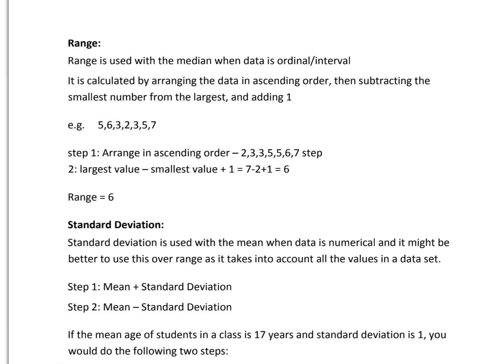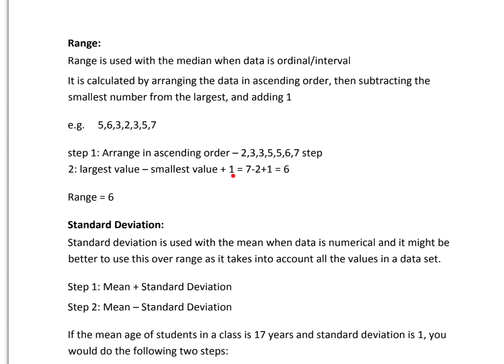So I've given an example here. Just look at these values. These are just some values in a data set: 5, 6, 3, 2, 3, 5, 7. The first step is to place these numbers in ascending order, which I've done over here: 2, 3, 3, 5, 5, 6, 7. The second step is we apply the formula of range: largest value minus smallest value